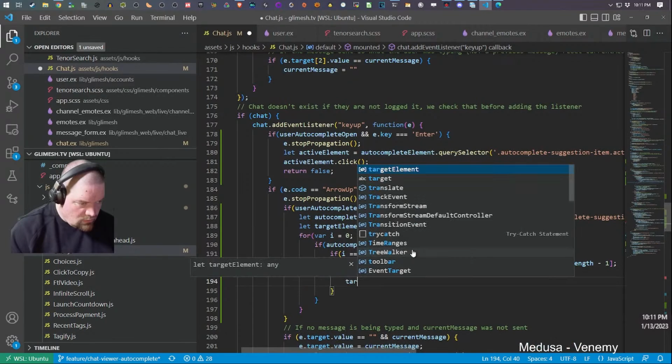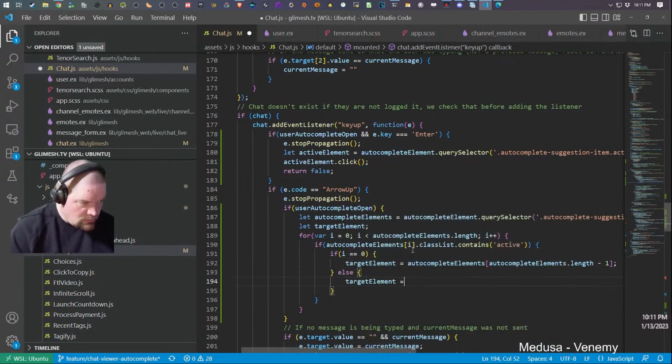Else target elements is autocomplete elements I minus 1.